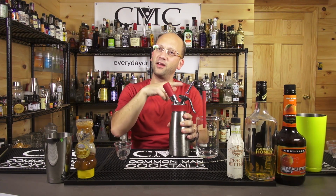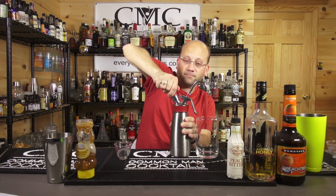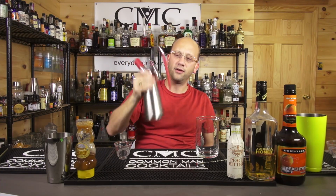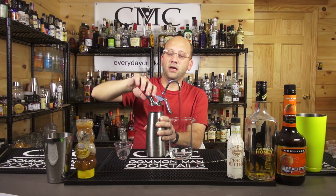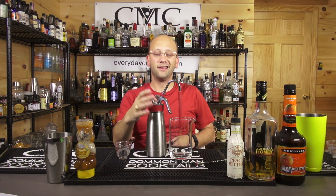Remember, this is where I usually go. Did I put all the seals within it correctly? I don't know. There, lock it in, charge it, get all the CO2 to get inside the water. Also helps get some of the club soda to move around if there's any that didn't already settle. Baking soda, club soda. I wouldn't need this if I had club soda. I wouldn't double charge this. I do that for infusions, but with this,